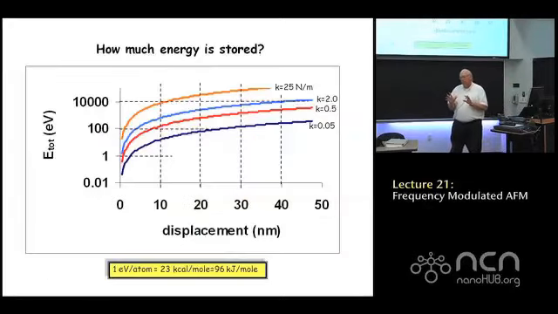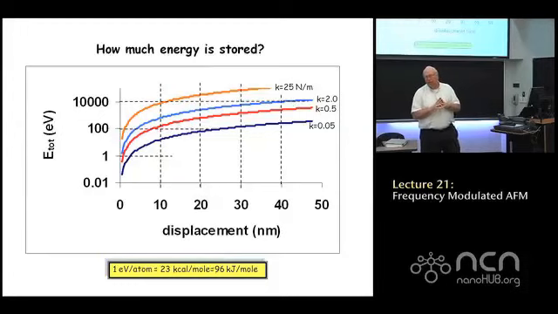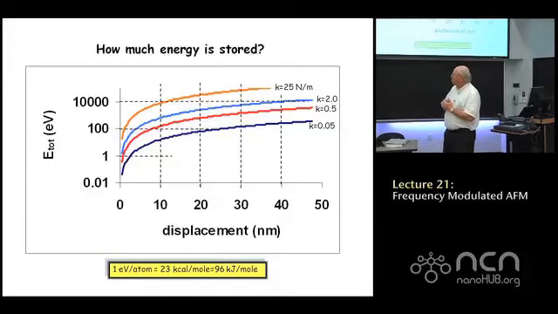So before we talk about the frequency, I want to again emphasize that these cantilevers, although they're only a few hundred microns long, when you displace them from their equilibrium position, you can store quite a bit of energy in those cantilevers. And the amount of energy you store is clearly dependent on how far you displace it from equilibrium. So what I've drawn on this slide is just a simple plot to remind you that the amount of energy stored in these microcantilevers can be on the order of hundreds to thousands of electron volts,